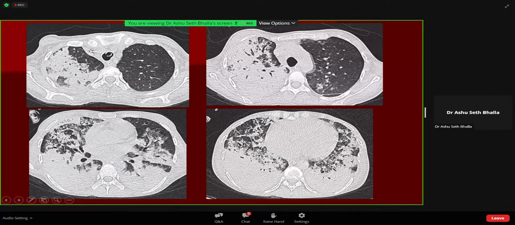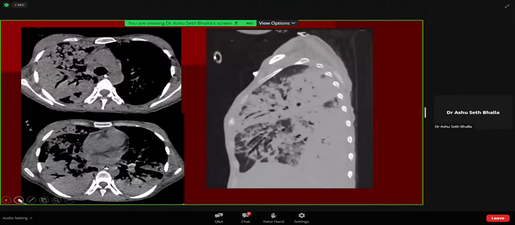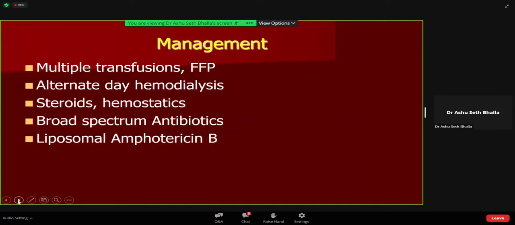We already discussed the CT, and I told you that we were wondering, is this infection? So the patient was getting some level of steroids, but the methylpred pulses were being held back because infection was a very likely possibility. In the end, we were pushed with our backs to the wall. We decided to do a thin needle biopsy with a 20 gauge, and we took a specimen from here. And although the patient did go through a bout of hemoptysis, we were doing it in the ICU in a ventilated patient. And finally, when the biopsy report came, it came as